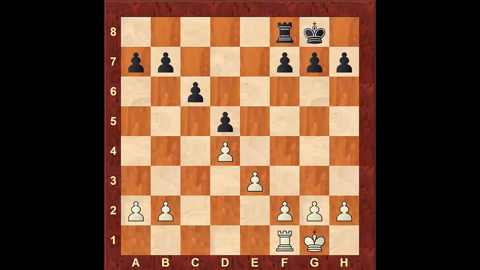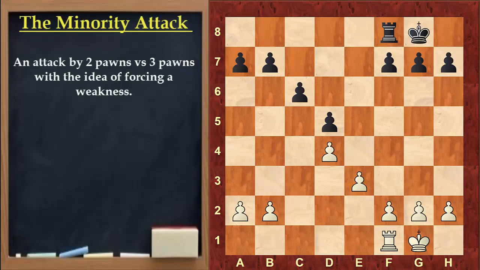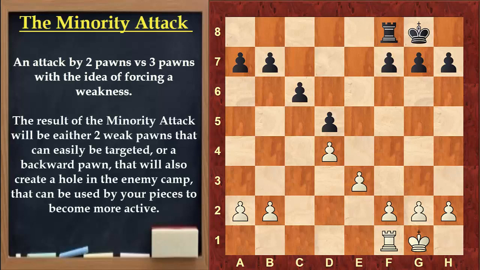This is the third video on weak squares, and in this video we're going to take a look at the minority attack, which also is another strategy that will help you create weak squares in the enemy camp. A minority attack is generally an attack by two pawns against three pawns with the idea of forcing a weakness. The result of the minority attack will be either two weak pawns that can easily be targeted, or a backward pawn that will also create a hole in the enemy camp that can be used by your pieces to become